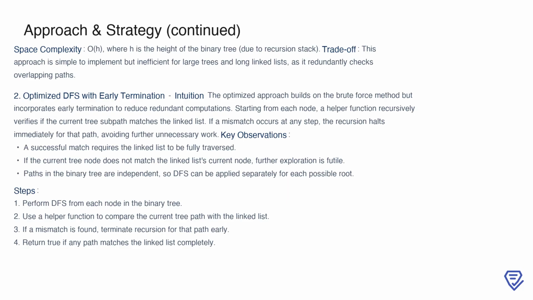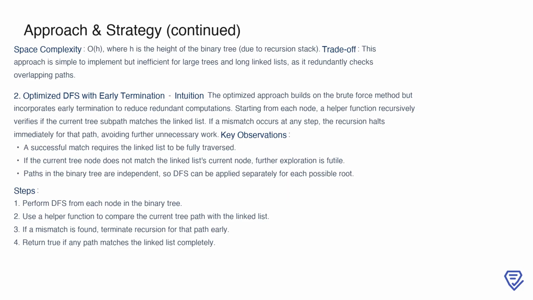The process starts at each node in the tree, and a helper function is used to recursively verify if the current path matches the linked list. If a mismatch occurs at any point, we immediately terminate the recursion for that path. Successful matching is achieved only when the entire linked list is traversed. By recognizing that paths in the tree are independent, this approach allows us to apply depth-first search separately for each